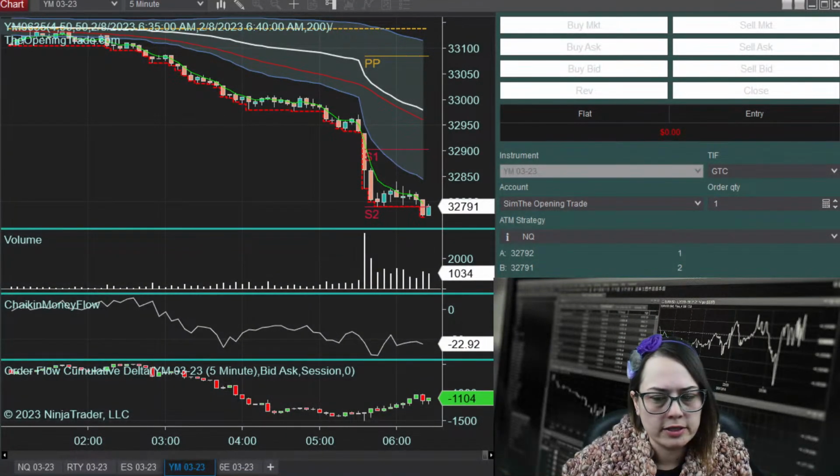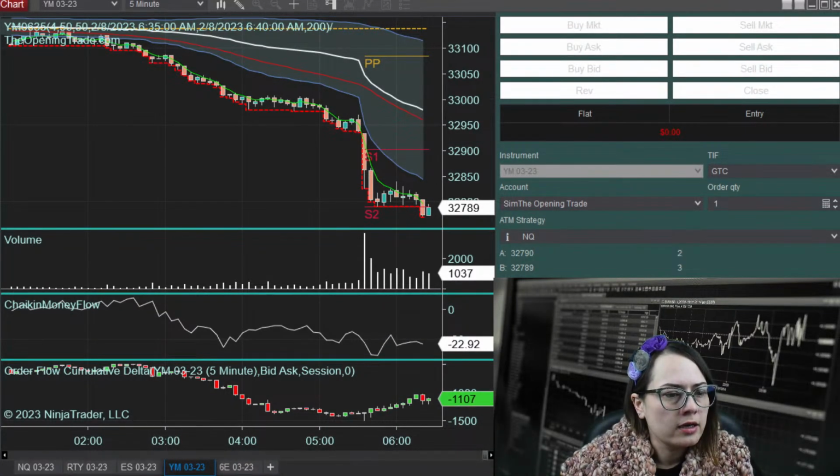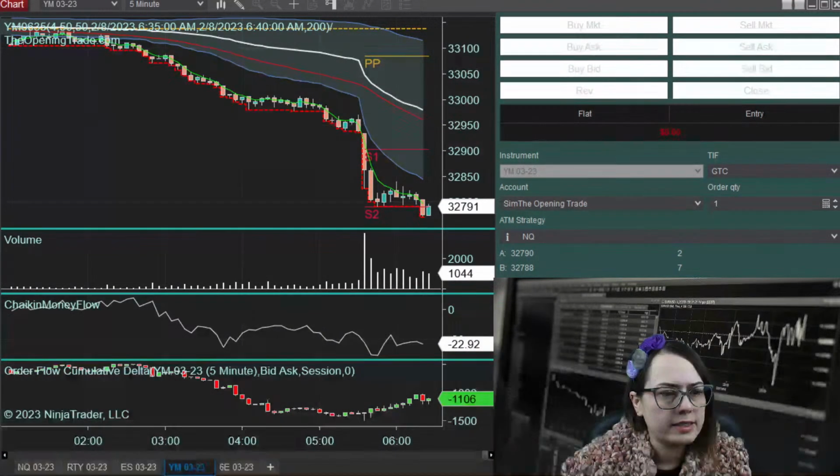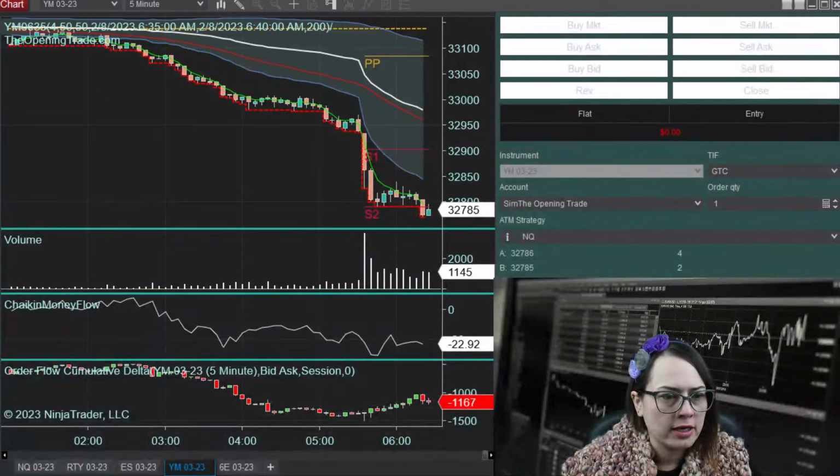All right, so let's take a look here. What do we have as far as news? So today we had the core PCE price index month over month come out with a 0.6% change. The personal income month over month with a 0.6% change. And the personal spending month over month with a 1.8% change.